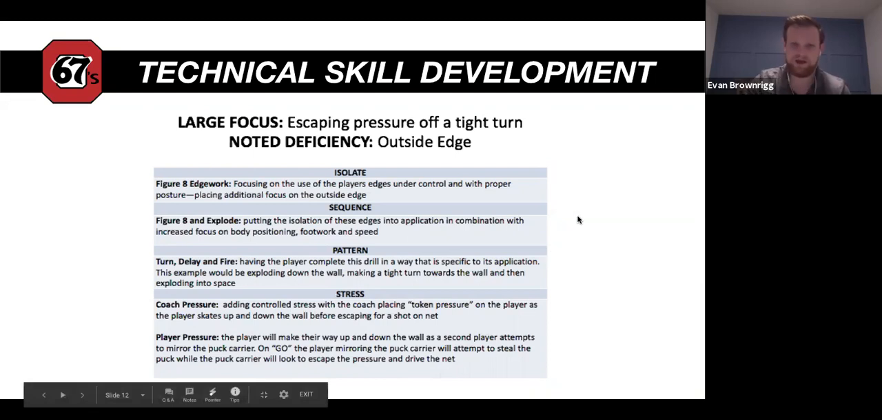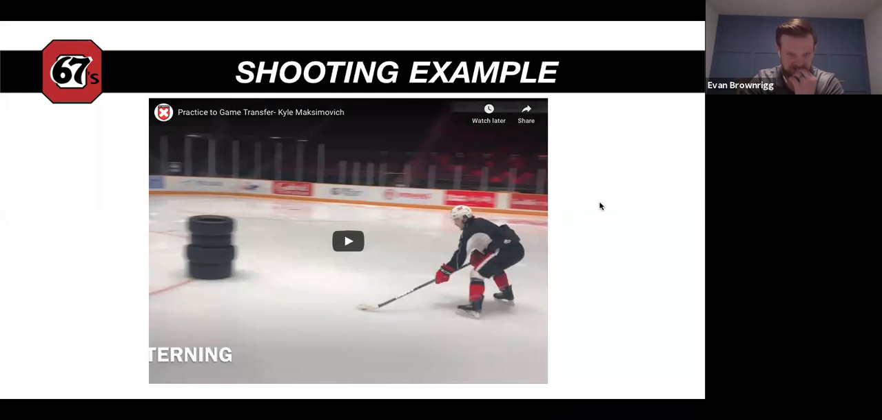So I'm a visual learner, as I'm sure a lot of you guys are here. So I'm going to show you guys a shooting example. This is from Kyle Maximovich, who we picked up at the deadline a couple of years ago. With us, he was playing a specific part of the power play where we were trying to get pucks to him. We were trying to get looks for him to get a shot on net from around the top of